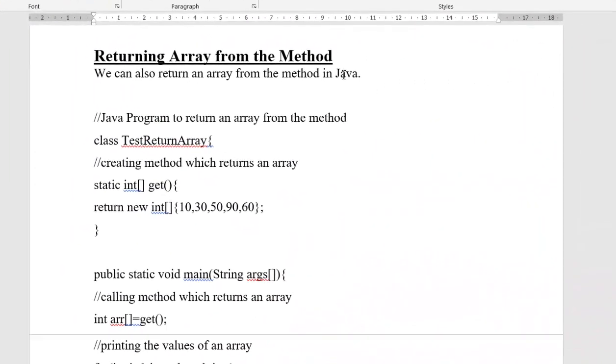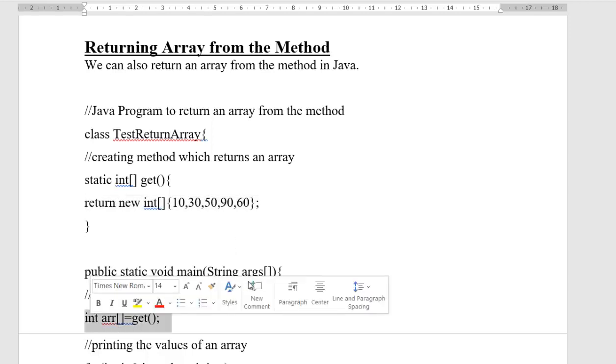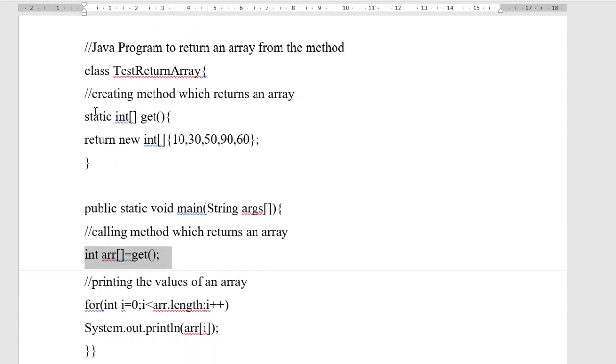Returning an array from a method. See this static int get. Normally we write simple static int, but here there is a method which returns a set of values, and that we can store in an int array variable. See, this is the beauty of this program.